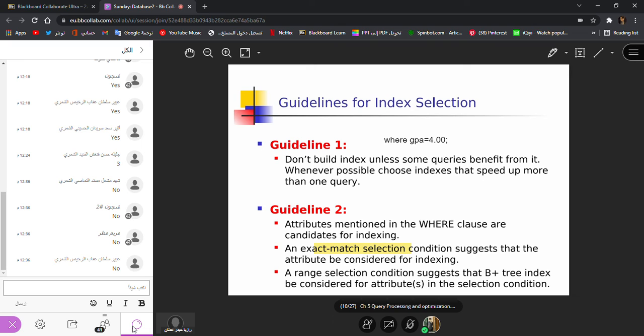Here I am giving a selection, a range. I'm saying here it's an exact match, but here is a range selection. Range selection means that I'm giving a range.